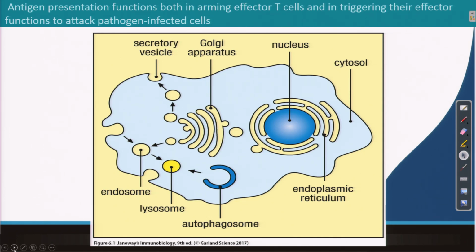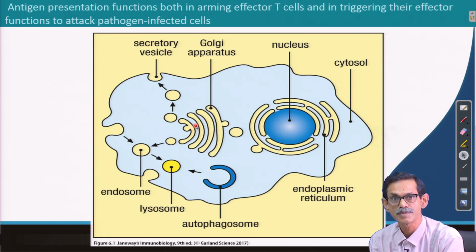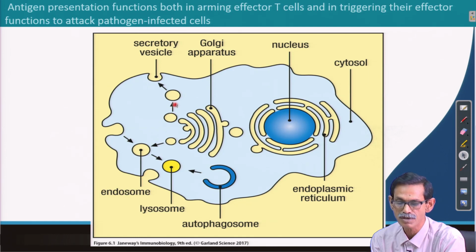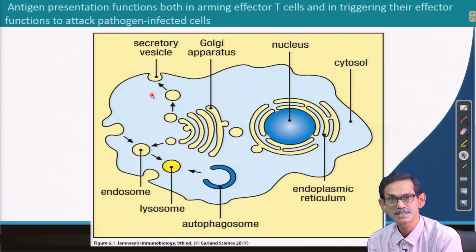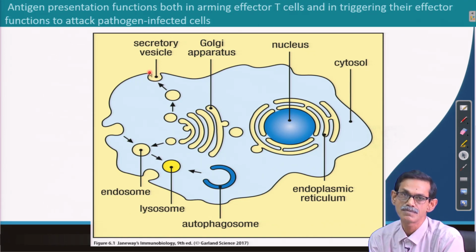What I am showing in this slide is one cell that has a nucleus here, and this is the endoplasmic reticulum, all are labeled. This is the cytoplasm, the bluish part, and this is the Golgi. An important function of the Golgi is to send proteins to the membrane or different parts. So, from the Golgi to the trans-Golgi network, and then a secretory vesicle is formed. That secretory vesicle goes to the membrane. If the protein is membrane bound, then it stays there in the membrane. If the protein is secretory, then it leaves the cell and comes into the surrounding medium or fluid inside the